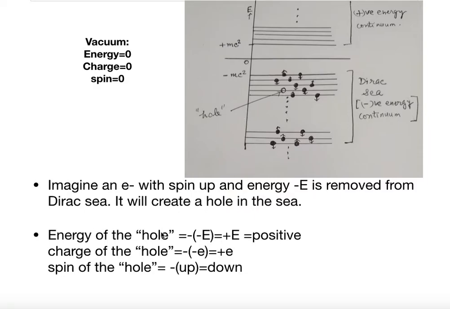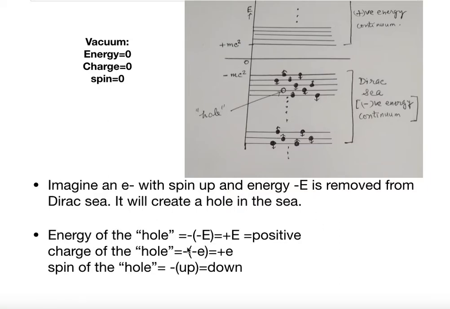Now what is the energy of this hole? When we say this is the vacuum, the vacuum has no energy, no charge, no spin. So we define this vacuum as the zero energy state. When this level was filled up with this electron, all the states were filled up, that is the vacuum, and I had zero energy. Now I removed one negative energy electron. So what is the energy of this hole? The energy of that hole plus the energy of that electron gives me 0. So the energy of the hole is the negative of that negative energy, so it is positive energy.